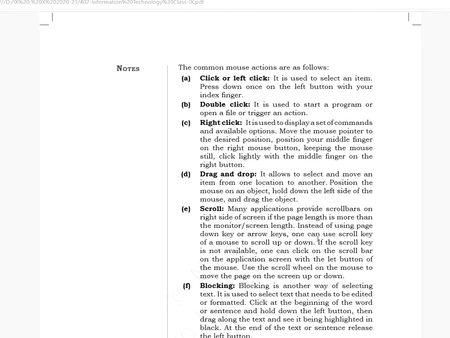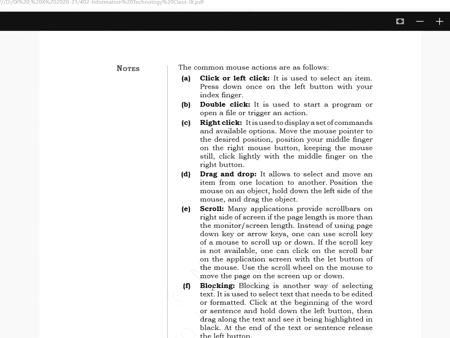I have placed the cursor at the beginning from where I want to select, and I have held the mouse. Actually I am using a touchpad, but I am explaining it as if done with the mouse. After that you will continue till the last, and now you have done the blocking. Let's see what it is saying.